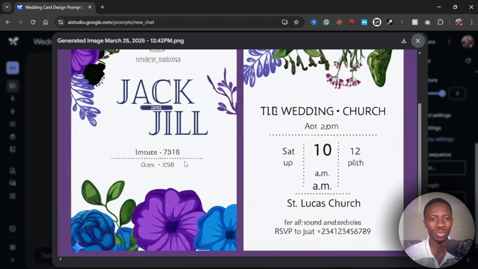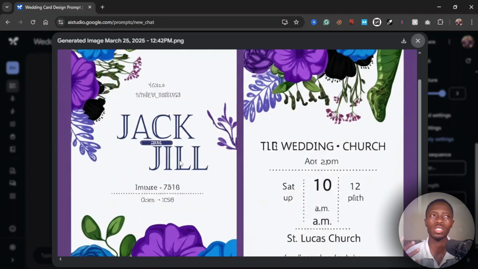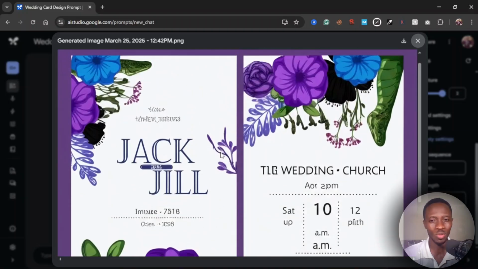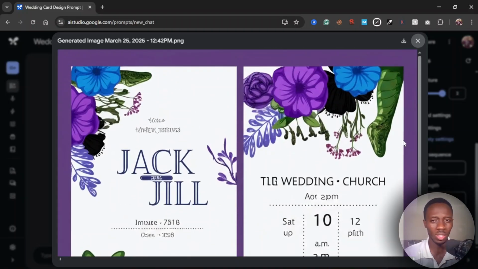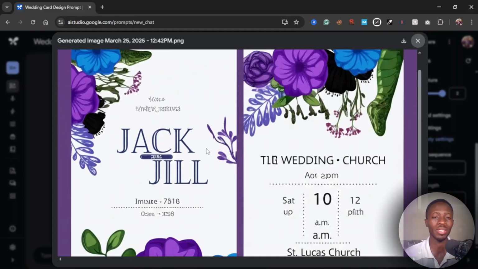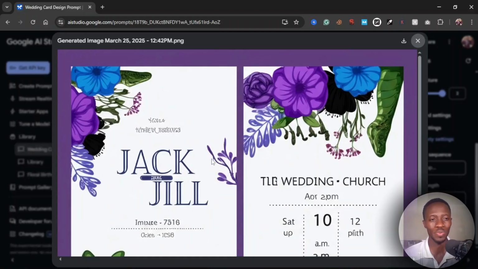All right, so you see, it's AI. The design aspect is really interesting. I mean, it looks really nice. Just look at the color combination. It has flowers and all that. But the text isn't something that we would be so proud of, because